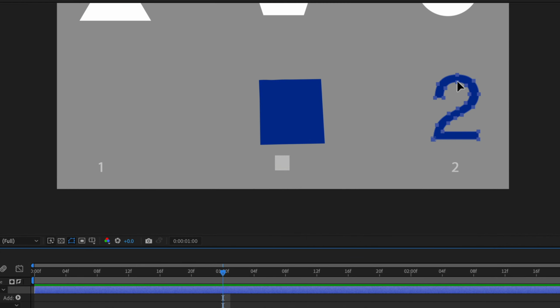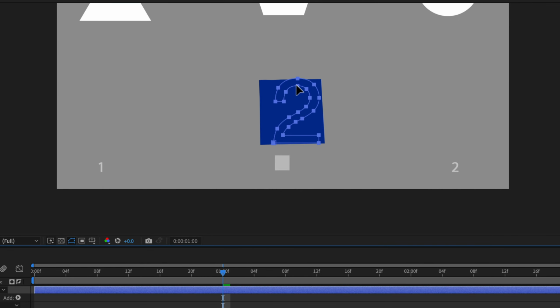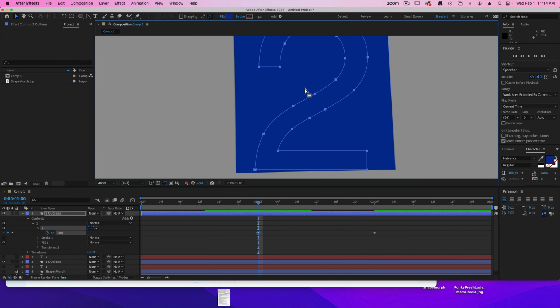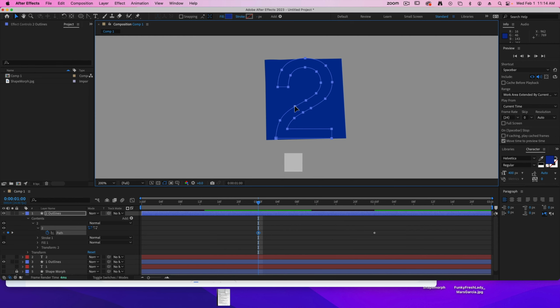With that layer shape selected, let's move it over to this area. Again, I know it's working because I got a little keyframe on my timeline. And also with it selected, I'm going to zoom in and then carefully select the individual vertices to move them into place. Now, I'm going to deselect it to make it easier to select. So double click, and then I can click on each vertices and I can move it where it needs to be. Again, if yours is off by just a little bit, that's okay. We're simply using this as a starting point for our guides,